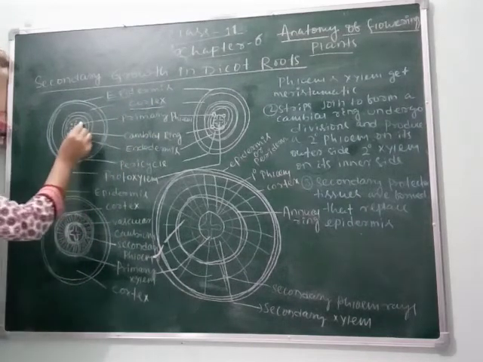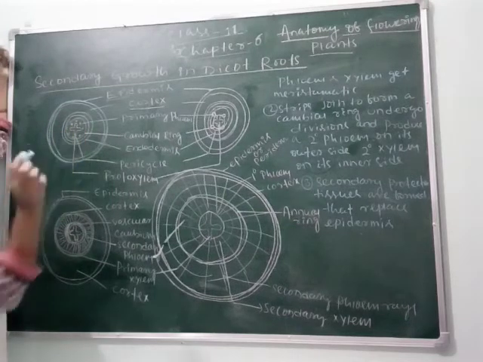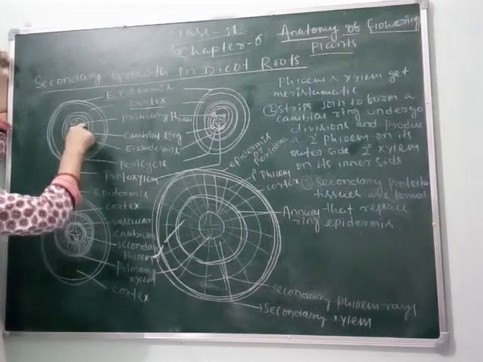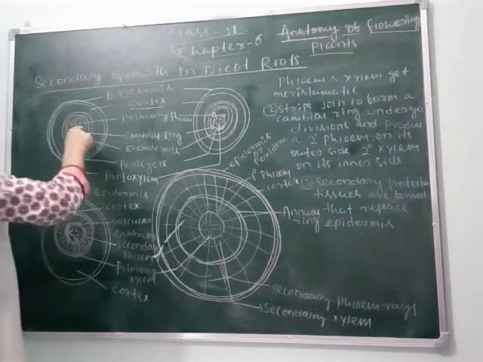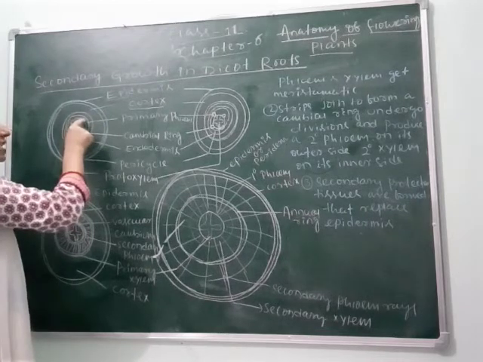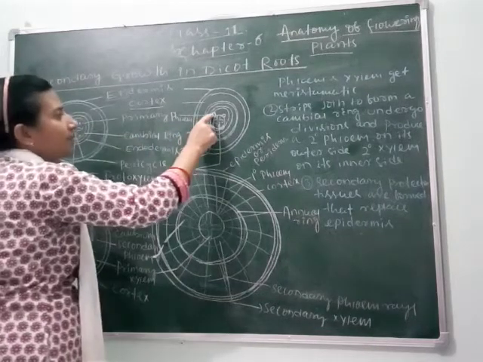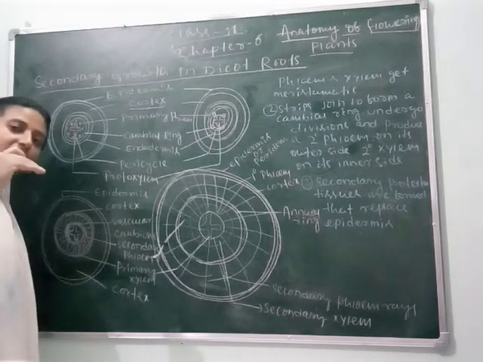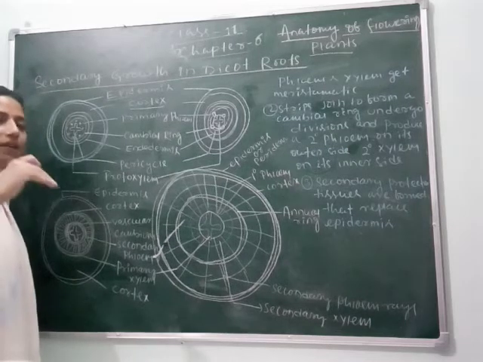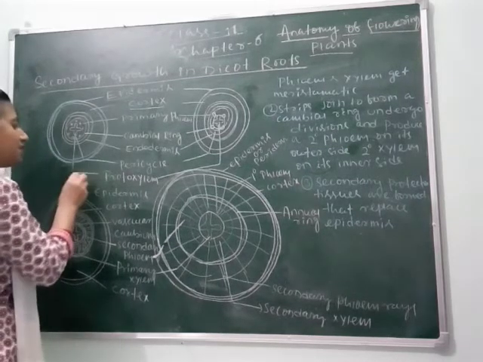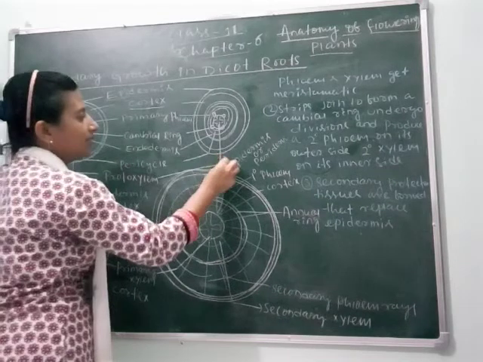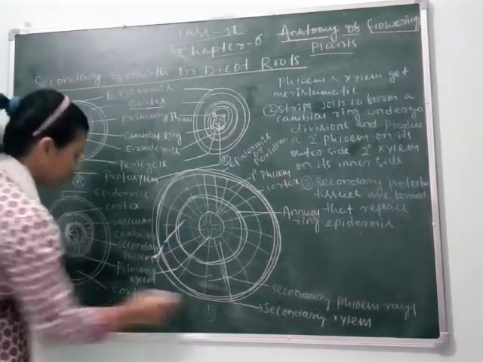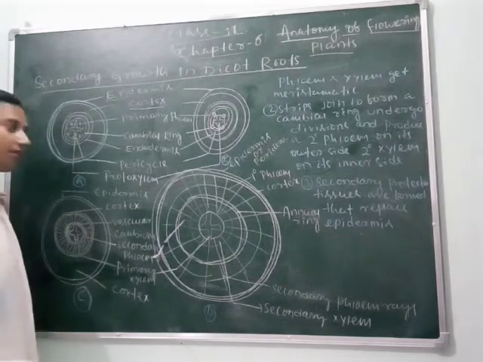Then here you can see the diagram. Here the structure is something different from dicot stem. This is primary phloem. You can see the phloem are towards the periphery. And here this is primary phloem. This is another structure. If we see the transverse section of root in regular intervals of their growth period, then we can see this is first initially formed, this is later formed, then sequence C and B. These are the sequences of how secondary growth occurs in root.